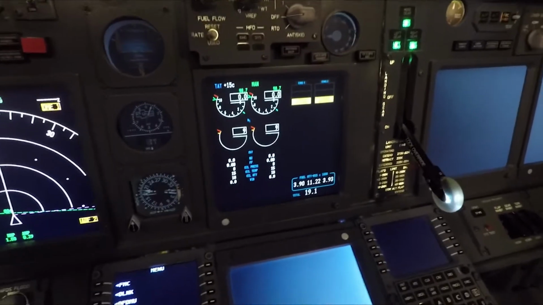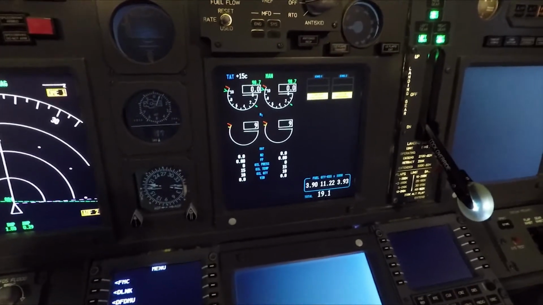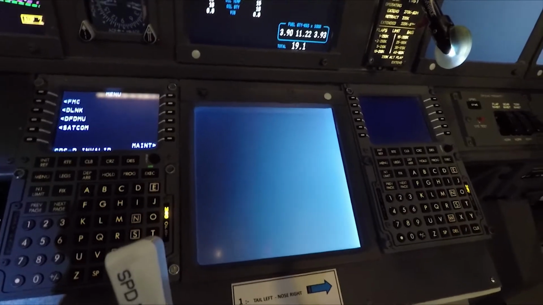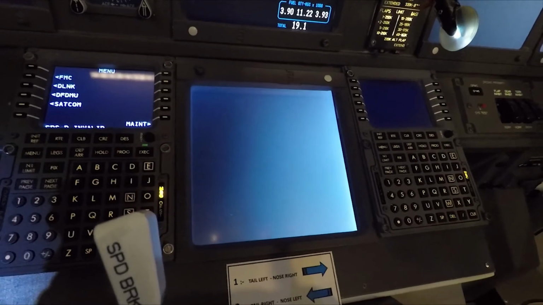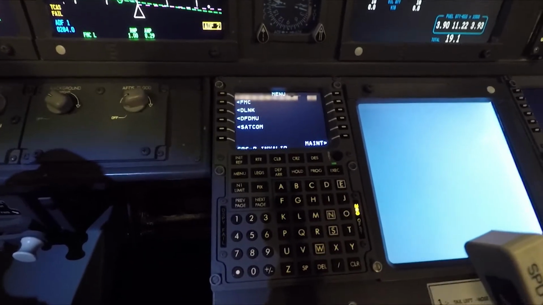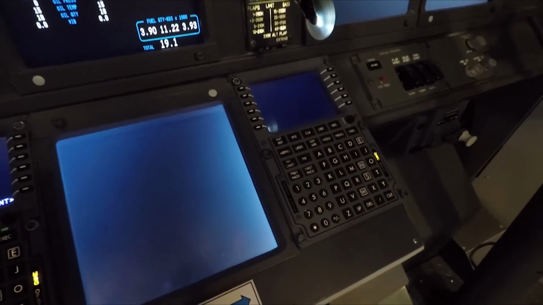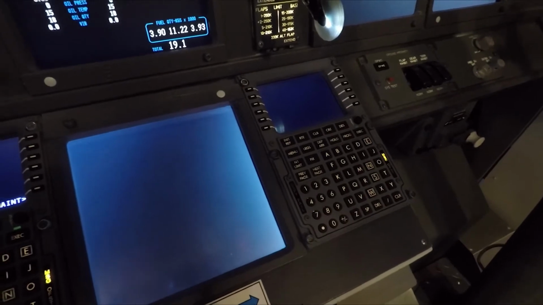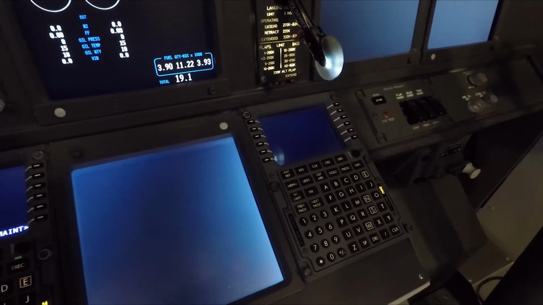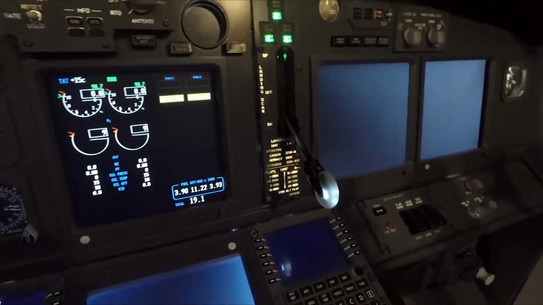In the centre we have our upper engine parameters, or upper display of those, and then when it's fired up we have our lower one, which has the secondary displays in it. Either side of that we have our flight management computers, our FMCs, one either side. They will be fired up once we fire up the engines. Then we have the landing gear lever there,